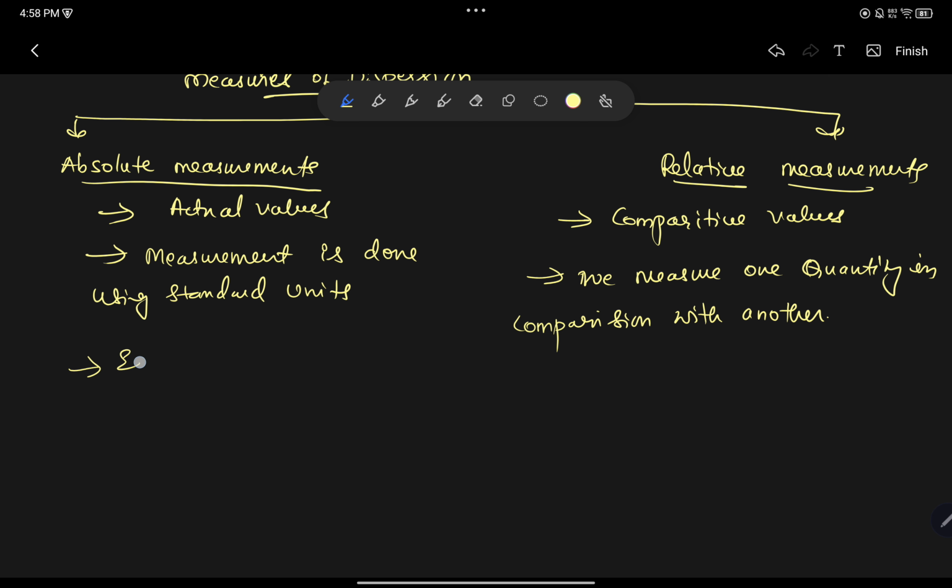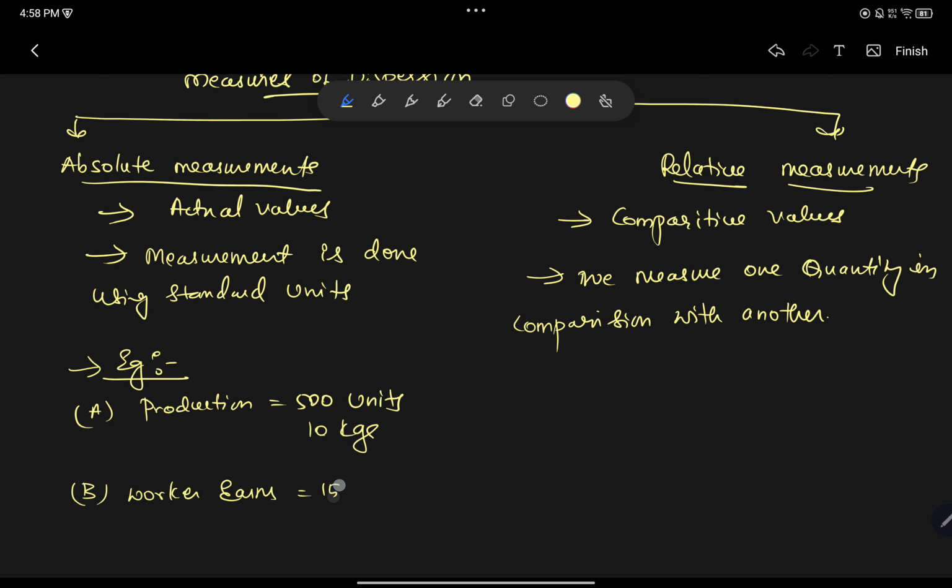An example for this is production. First example: production is equal to 500 units, or I can say production 10 kgs. Or another example, a worker earns 15,000 rupees per month. This is called absolute, actual values. But if I take an example for relative measurement, the same production